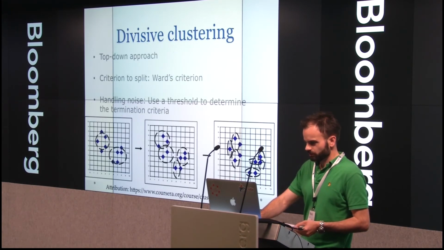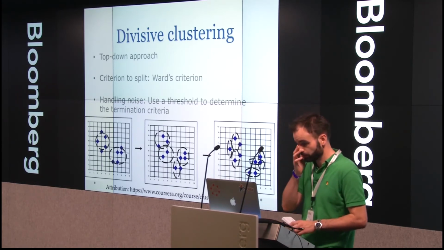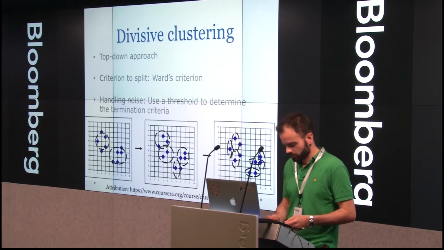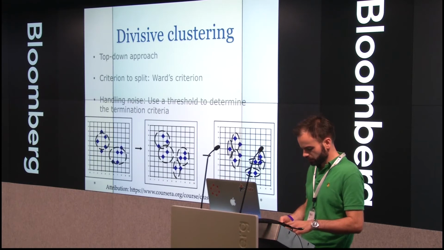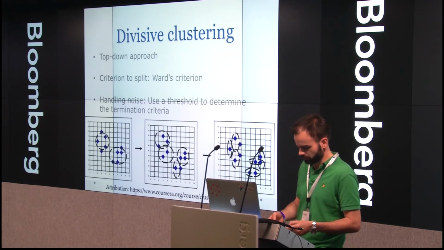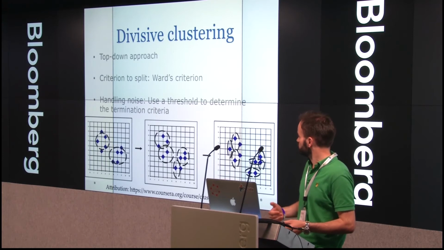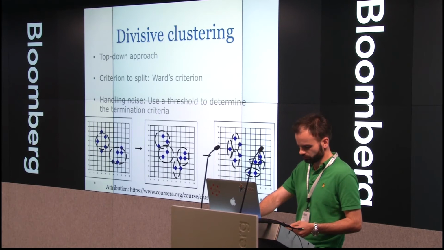So I'm just going to talk briefly on divisive clustering. It's a top-down approach, and when you split, you use Ward's criterion. You can say it's more of a global view, and apparently it's more efficient. It's not, as far as I know, implemented in Python or Scikit-learn, so I haven't looked at it. One challenge you have is to avoid getting really tiny clusters. You obviously have to have a stop point before you basically decluster everything.